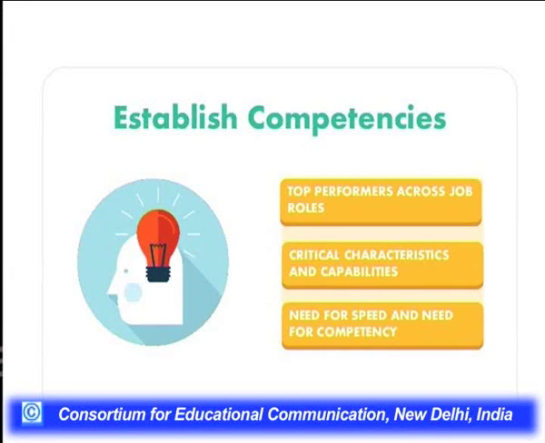So here we have to see who are the top performers across the job roles, that is, who are able to perform the jobs well. You have to look at critical characteristics and capabilities, and the need for speed and need for competency again is there. So once you establish the competencies, for this you have to understand who are the top performers of the organization,